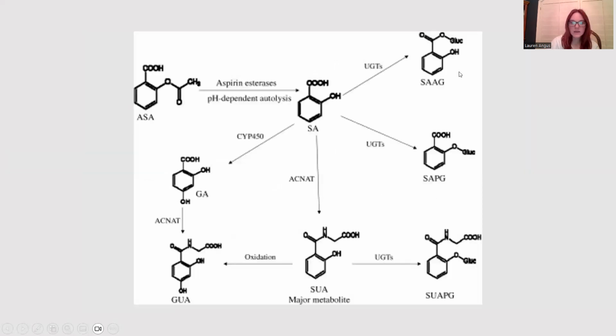So kind of going into more depth with our structures in this. So you have your aspirin over here, salicylic acid here, and then it'll go into all of these metabolites. Major metabolite is your salicylic acid over here. This can be turned into your SUAPG, which is also your salicylic acid phenolic glucuronide, or it can be turned